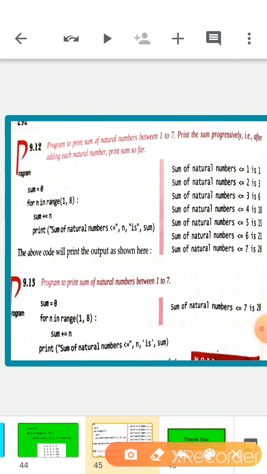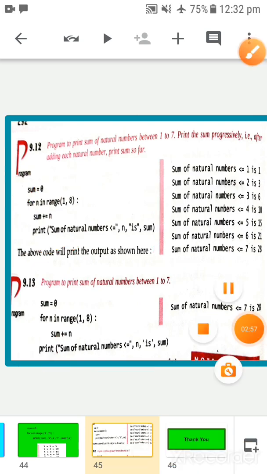Now the next is sum. In the above program every line shows the actual position of your addition, but in this one you just want the addition at the end. So in that condition you have to write this print statement outside the for, and in the other you have to write this print function inside the for. Now let me show you this particular program in the app so that I can make you more clear about these two programs. Let's move to the app.